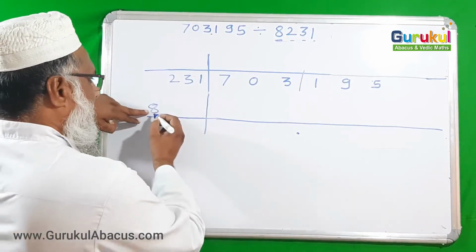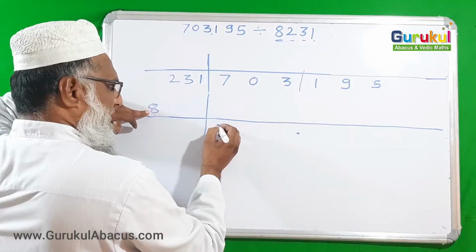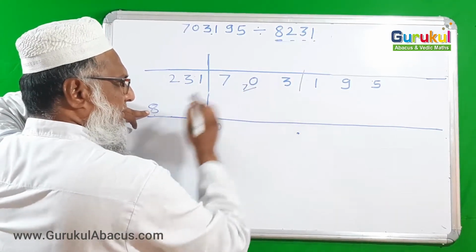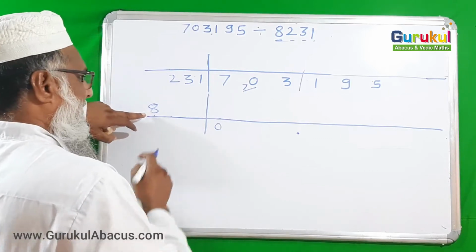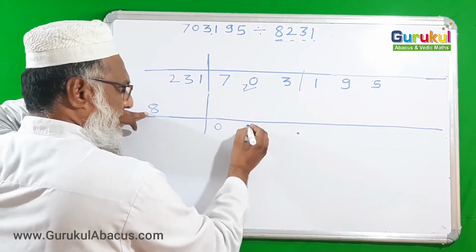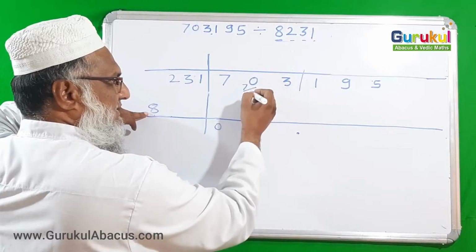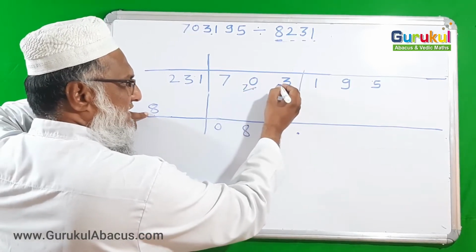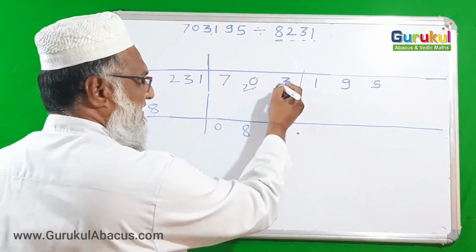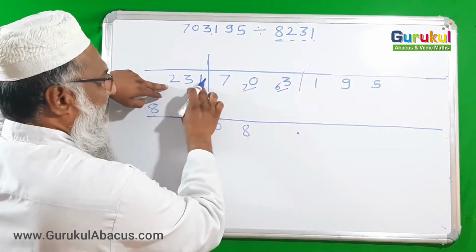Okay, so here 8 is there, 7 is smaller than 8, so you can say 8 zeros are zero, that 7 you are adding here, and with it suppose 8 9s are 72 are bigger, so 8 8s you can take, 8 8s are 64 we are taking. After subtracting 64, the remainder is 6 that we are taking here. And now what to do? Here is 63, keep that in mind. So simple. Now here there are 3 flag digits.